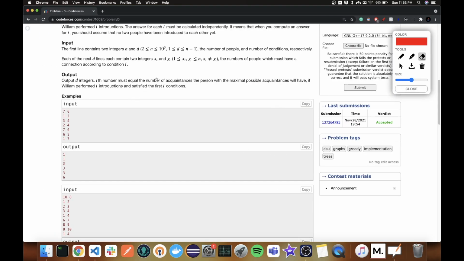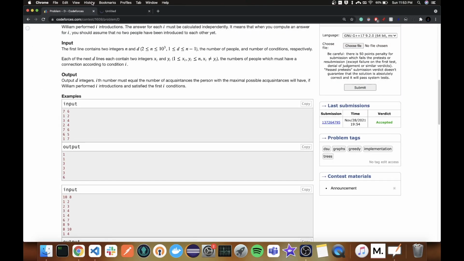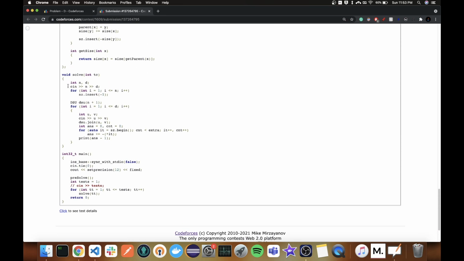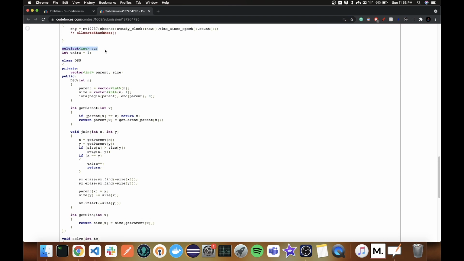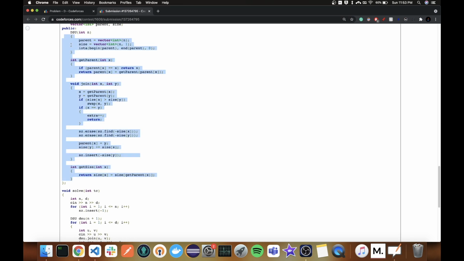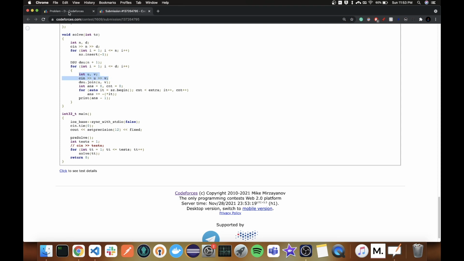And now, how to do this? Well, you need to see that n is very small and you can just do this using a DSU. So let me show you my implementation for a better explanation. First of all, I'm making a multiset and storing all the sizes. I am storing the negative of the size so that I get the biggest size in the beginning. Now I make a DSU, and this is just my abstraction for the DSU. You can use your own, no problem. Now I take input the two vertices I need to connect, and then I call the join function.